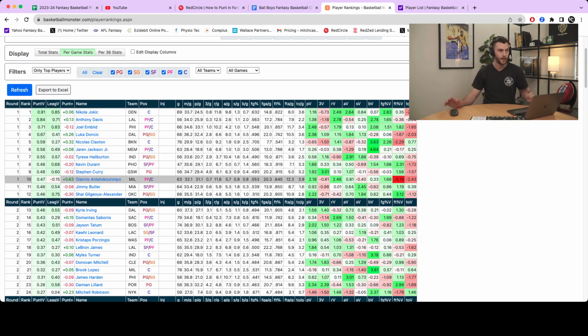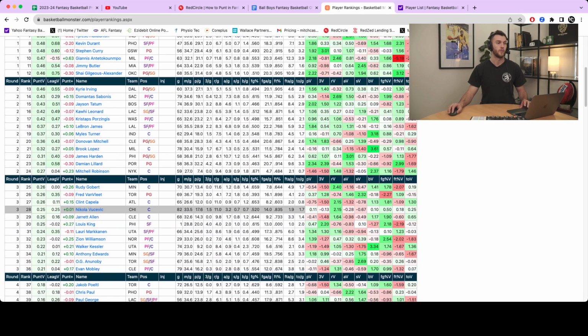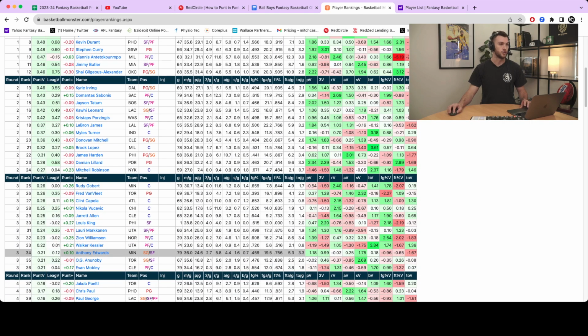If we did it another way, let's say we were starting with a Giannis. So we started with a Giannis here. Now, I'm really, really strong in points. I'm really, really strong in rebounds. My field goal percentage is amazing. So instead of maybe getting a Sabonis in the second round, because I'm already strong in my rebounds, I'm already strong in my field goal percentage, maybe I want to go with someone like that Anthony Edwards that we talked about earlier, and just consider getting more points, boosting my threes back up. Maybe I want to be competitive in that category.